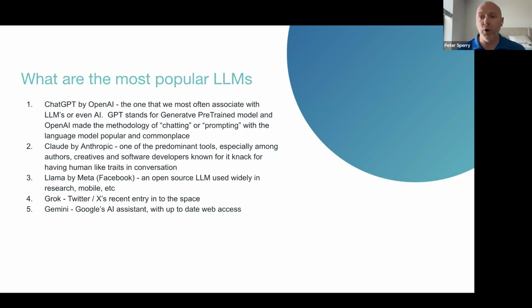Llama is a product that is open source by Facebook or Meta, and it's incredibly widely used in research and in mobile because it's open source. So Meta has released Llama under an open license so that you can use it for both commercial and non-commercial purposes, and you can host it internally. So this could save you some money, but really what it saves you is if you want to develop custom models or custom training for LLMs, Llama is a really good way for you to do that. And they also have really good image generation, all just perfectly integrated into their UI and some of their apps.